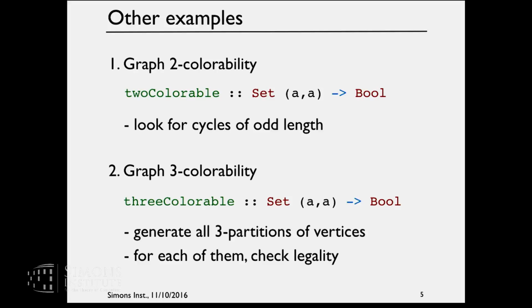Another example is graph 3-colorability, which is a bit different, of course, but then there's a standard procedure for that. That's a very naive approach to solve 3-colorability. Well, we don't have very smart approaches, but we can just try to generate all partitions of vertices into 3 sets, and for each of them check if it's a legal coloring. So that's obviously an exponential time algorithm, but it's also not very difficult to write down using the primitives that I've shown you. Okay. So this is how programming with finite sets, or finite structures, looks like.